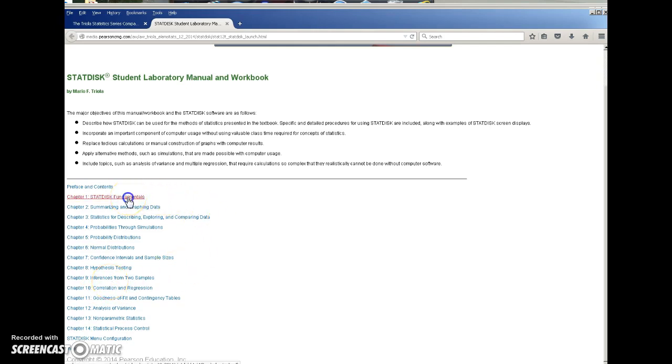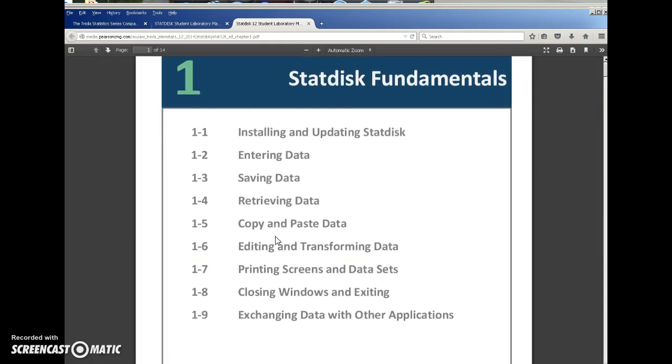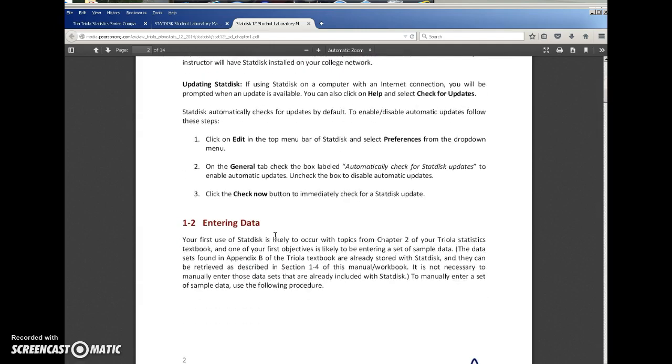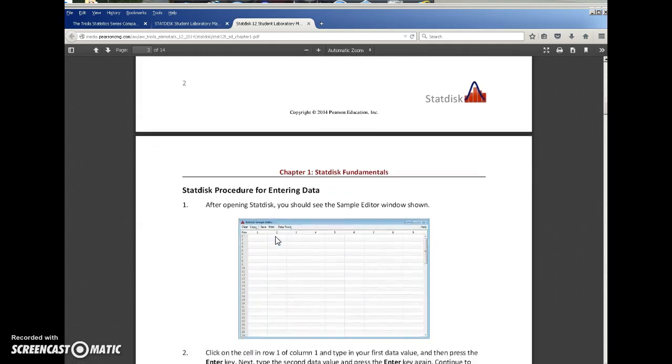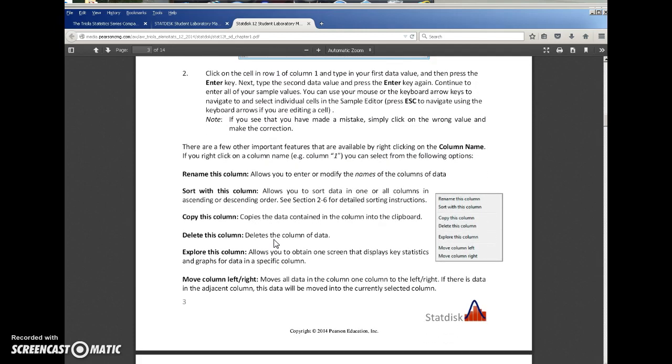And you can click on it by chapter, and it will download in PDF form. So you can either choose to use it in electronic form, or you can download it and save it to your computer, or you can download it and print. The choice is yours. Now, you do have another option for accessing the lab manual, and that is directly within